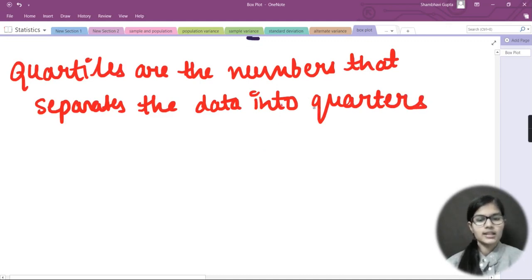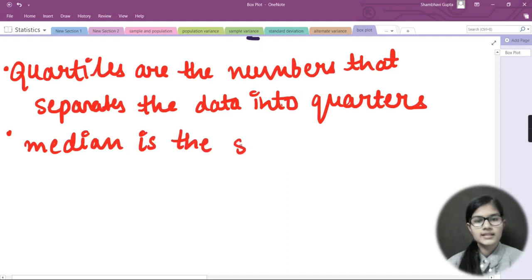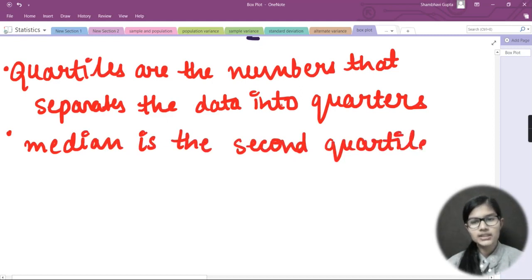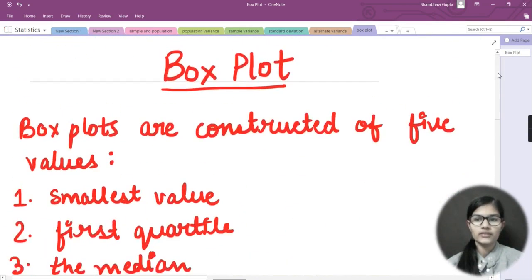So this is done. Next I have one more point to discuss with you all. The median is the second quartile. Above, I have discussed the first quartile when we discussed the total 5 things.